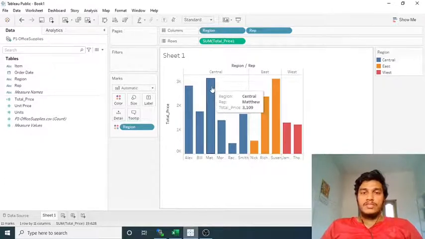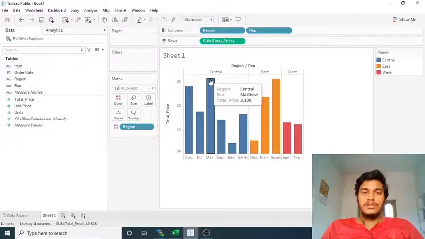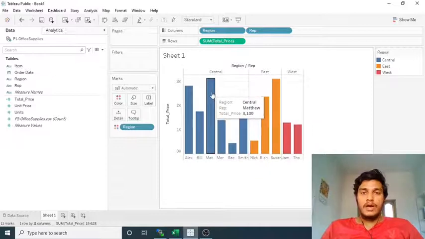So what it means is, suppose you go through the bar for Matthew, it is automatically showing the total price value here. But if I want to see the value without going to that particular bar, it does not have the exact value. So we need to go to that particular bar and identify it.